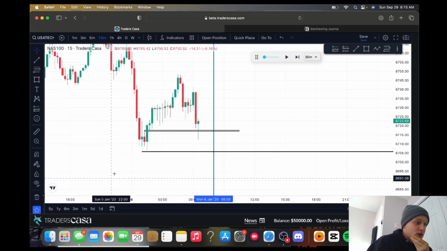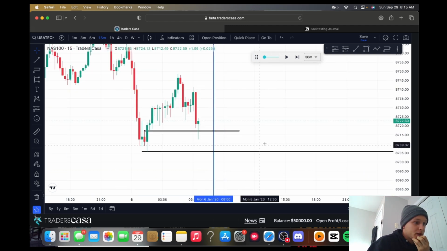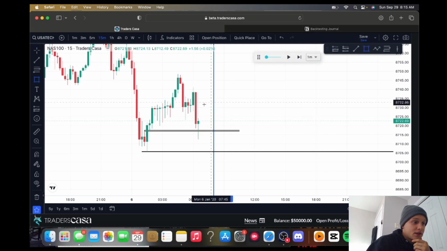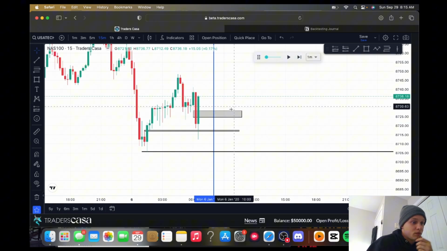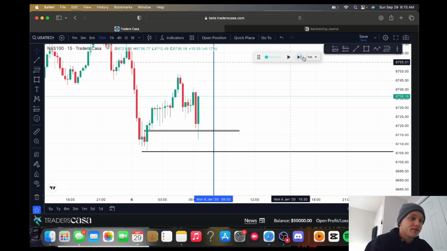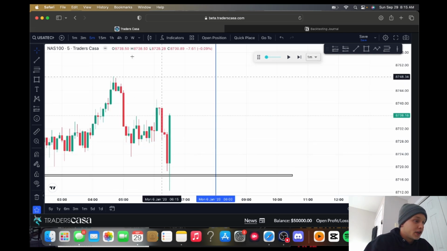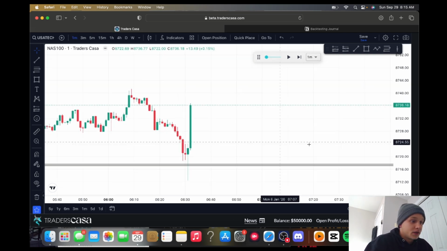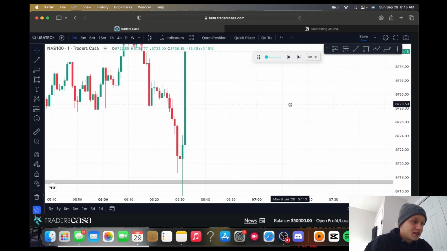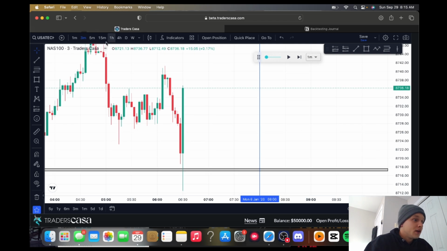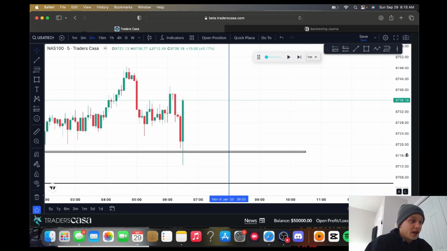Honestly, I'd want to see us sweep this low. If anything, sweep this low, leave an unfilled 15, and then I'd like us to leave that unfilled 15, which obviously we don't, so delete that. Respecting this 15-minute fair value gap here, that would have been the trade, actually, to be honest. That's unfortunate that I didn't even see that. No, it's not. Never mind. What am I talking about? Never mind. Okay, so trade idea invalid.